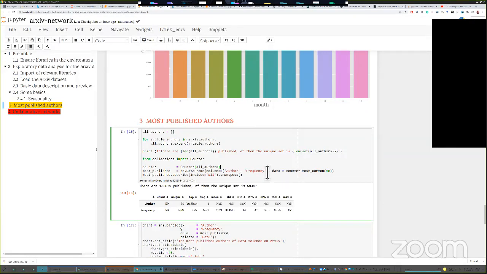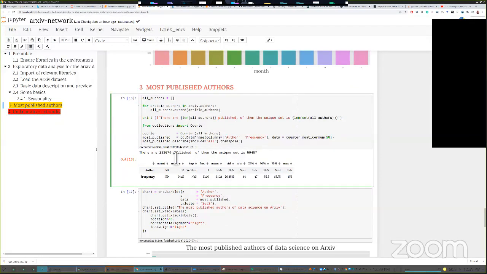Folks, I hope this is obvious to you, isn't it? If I just go and take the authors for each of the papers and add them to a master list of authors, suppose you have published 3 papers, your name will show up thrice in this list. When we do a distinct, you see that there are 132,679 published authors, but because of duplicates, the unique number of authors is approximately 60,000.